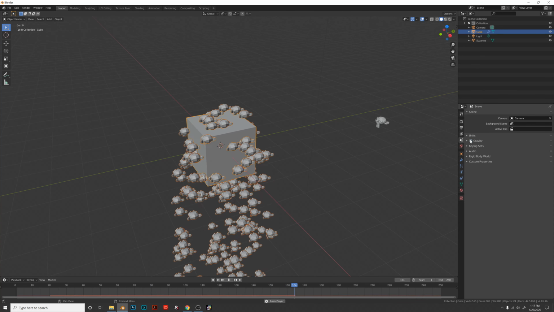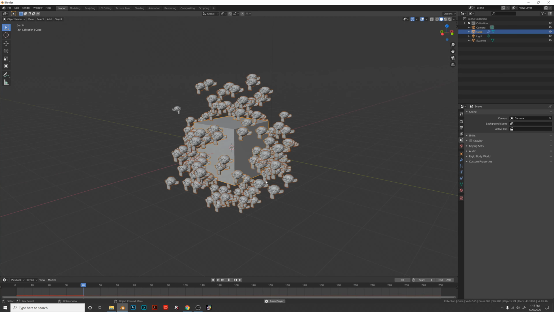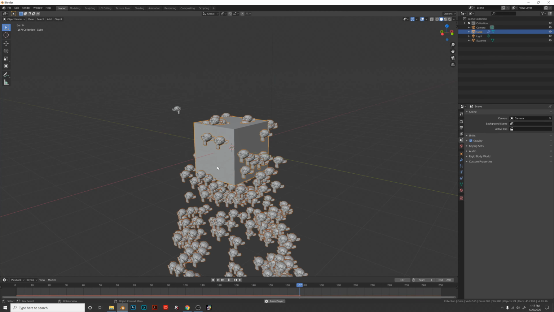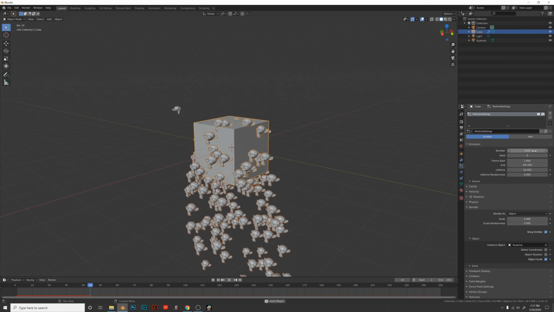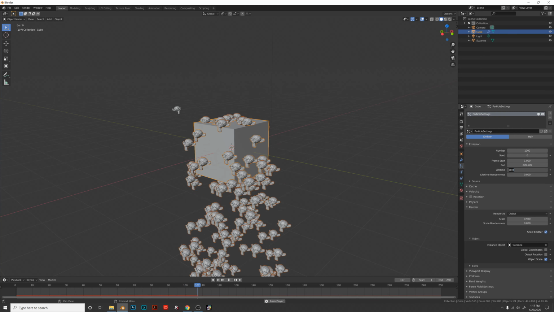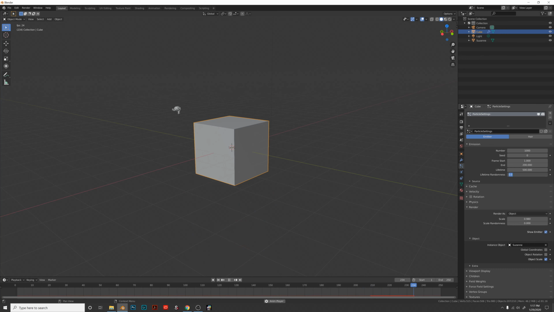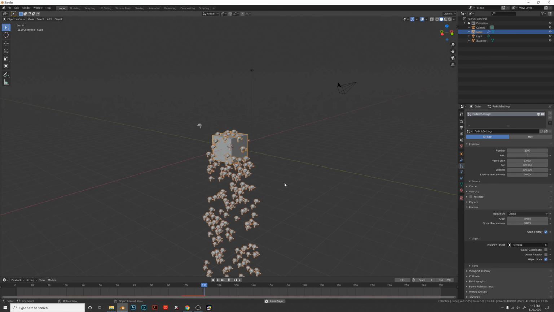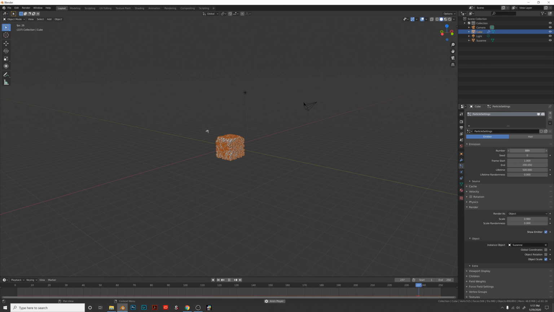I had gravity turned off, and when you turn gravity off, then they start reacting differently. They're emitting from all directions evenly. So if you wanted to create something that looked like it was sort of raining, you would have gravity on, and you could make the life of this much longer. So these lasted longer, and you could have the number much less